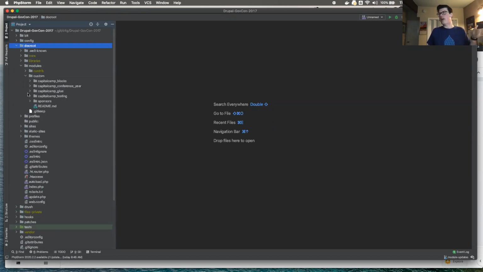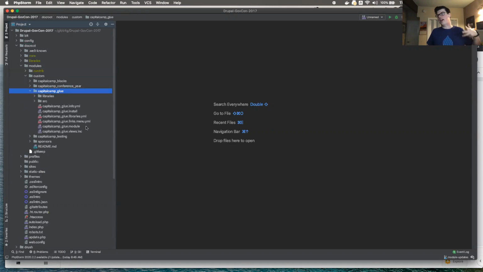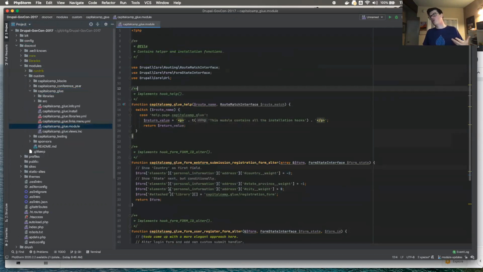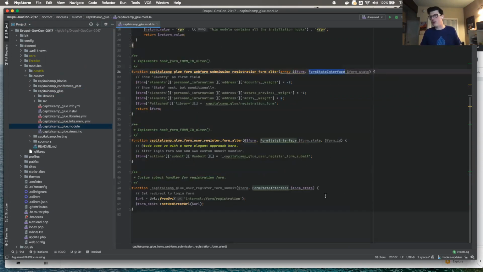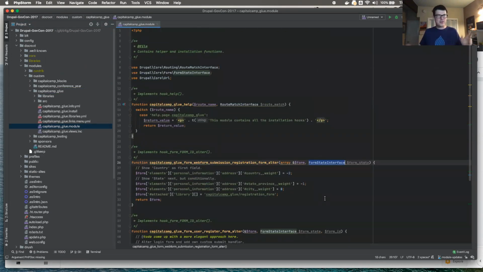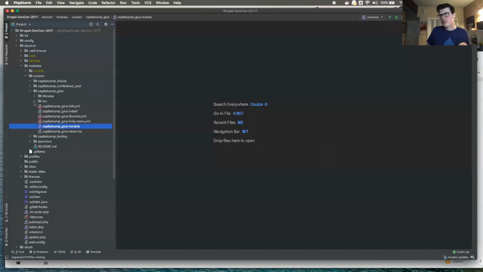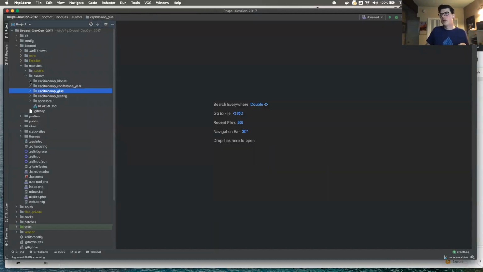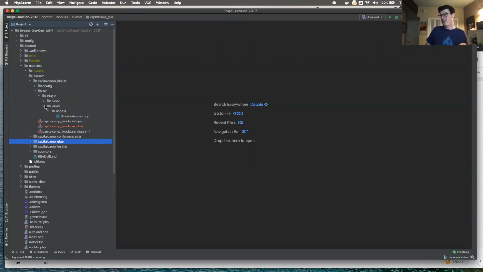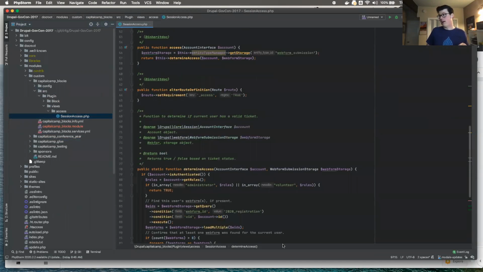So I do want to point out the file that we were just looking at is a .module file, which, even though this is obviously a little different than Drupal 7, mostly because we're more strongly typing our variables like array and form state interface and so on and so forth, this is not that alien from Drupal 7, right? This is pretty standard. Now on the other hand, let's go look at an object-oriented PHP file.